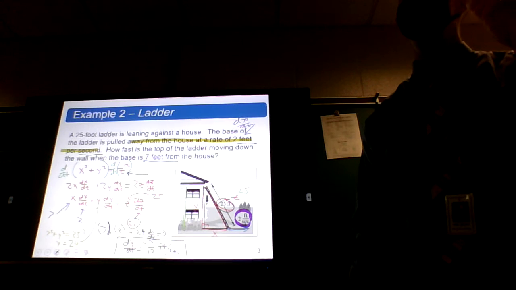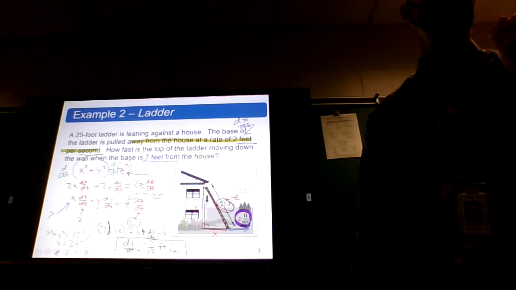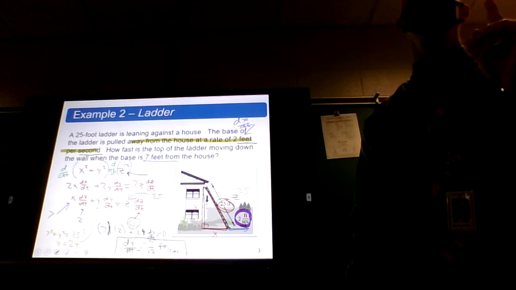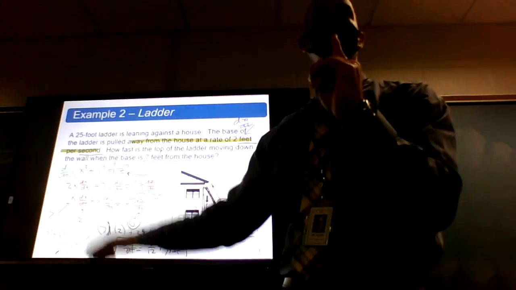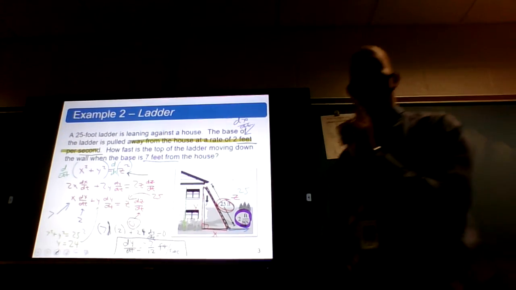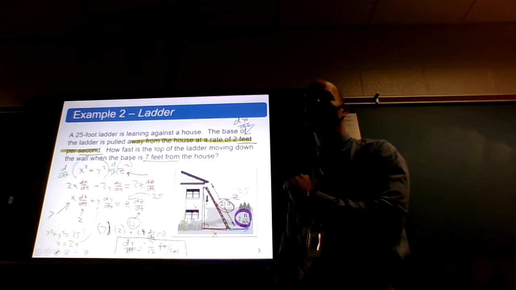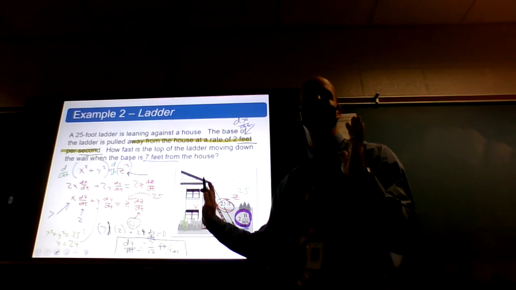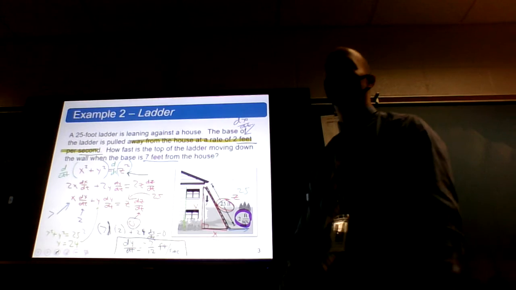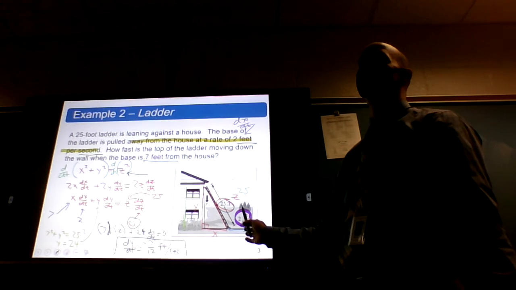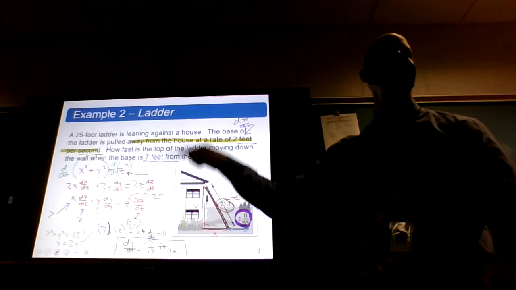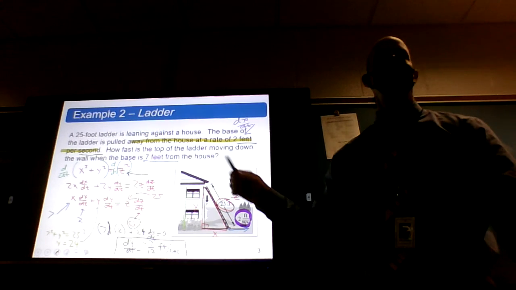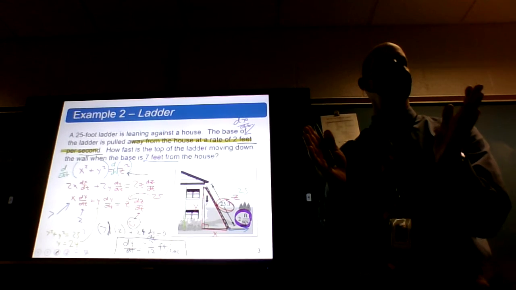And if you still have more than 1, you know you're missing something. And it's usually something that you can figure out, like using the Pythagorean theorem or something like that. Any other questions on this one? Okay. This is kind of a classic related rate problem. There's others that are like this. The one that comes to mind is baseball players running around the bases. It's the same idea. You do a Pythagorean theorem and